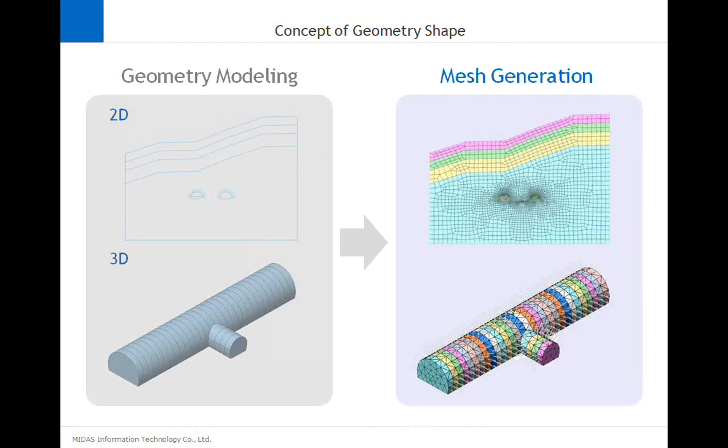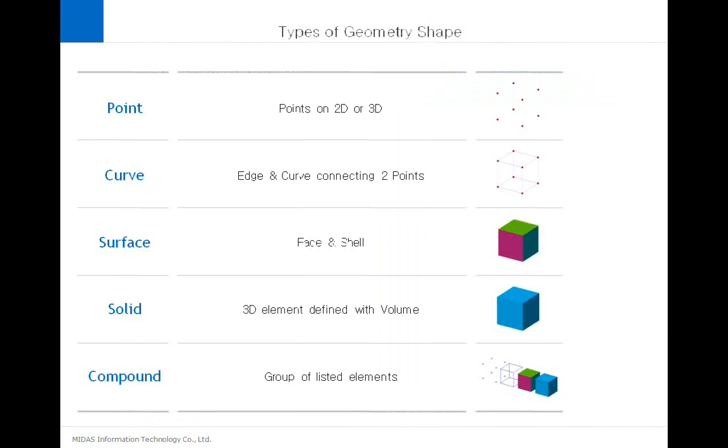So I will be describing the extent of what I will be doing in today's presentation, taking care of all the geometry modeling and the mesh modeling. Discussing the types of geometry shape, we have point, which is a basic type. We have curve, surface, solid, which is a 3D element defined with volume, and compound, in which different elements are listed in groups. So in the order of the generation, we have this hierarchy, but in explosion, we have the